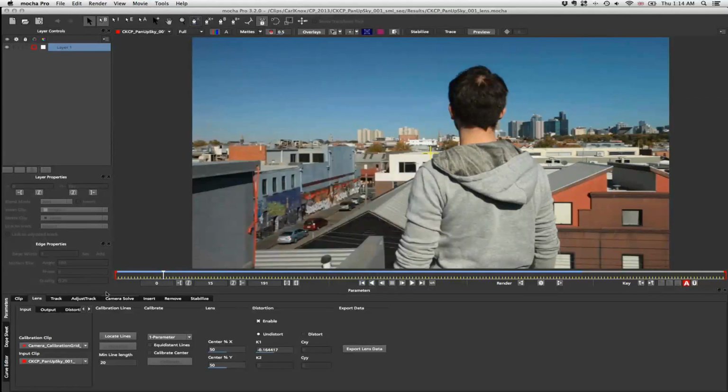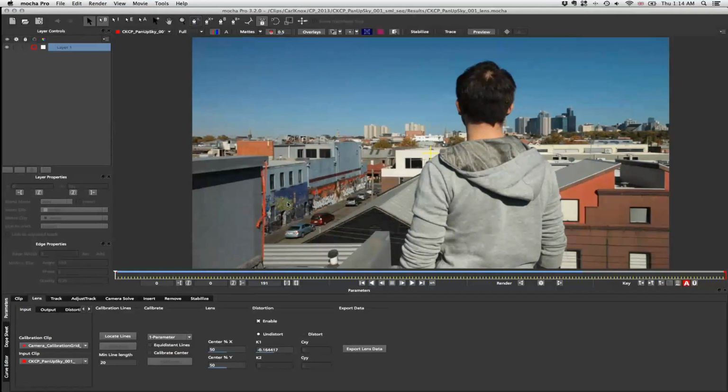Sure. I'll just repeat that right now. Again, there are two amazing tutorials up online that go into massive depth about this. We did some very long ones, but it's just down here. Normally what you set up in the beginning, your calibration clip and your input clip in the lens